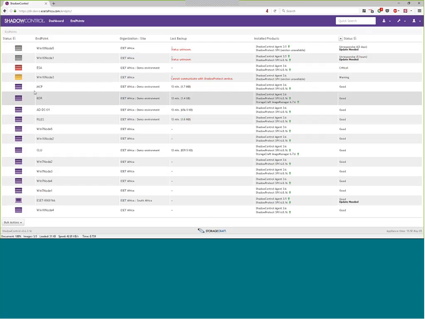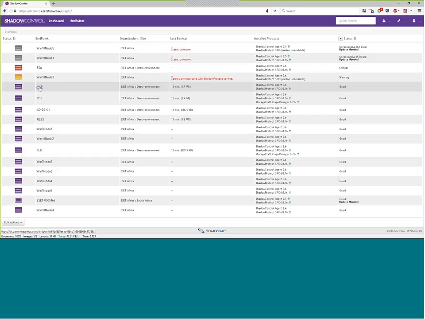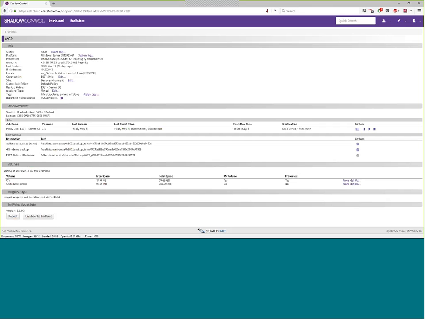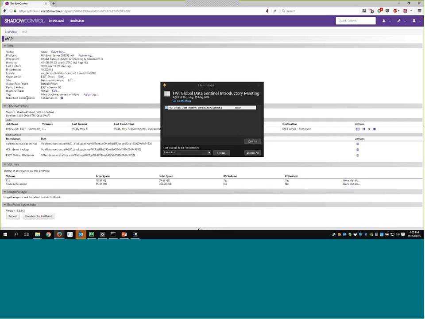What I basically want to show you here is if I go to the same server that I had the ShadowProtect console open before, this would be this one over here, and you can see much of the same information. You can obviously see the backup policy, where it's backing up to, the last status and whether or not it was successful, and the destinations that are available, and you can obviously see a few critical things. So this server actually is a web server that runs IIS and SQL. So that's obviously great in order to ensure that you have an idea of what critical services are running in each environment.